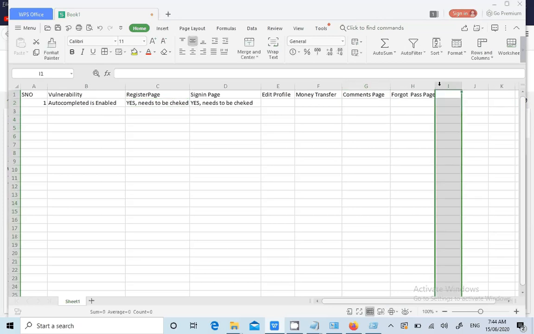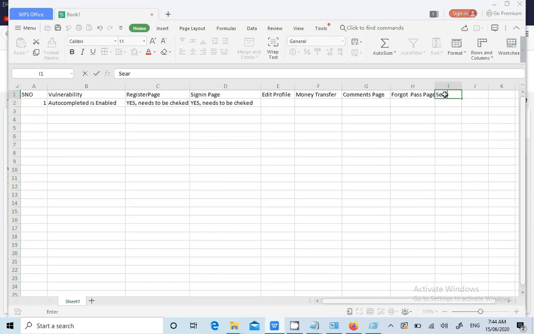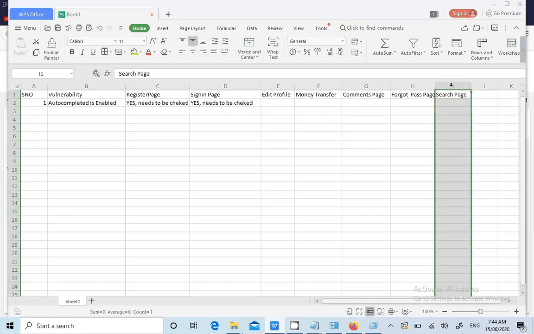And search page, we haven't entered the search page here. Most of the time, the search page is not necessary, because on some shopping websites like AliExpress, by default in the search page they do not disable autocomplete, that means they enable the autocomplete feature, because the user may search for some product, so for his comfort he can reuse his search keywords, right?